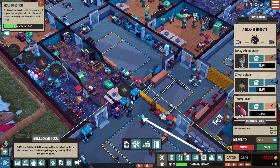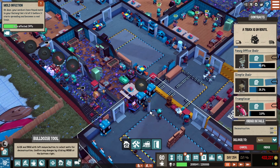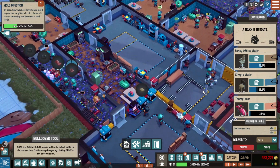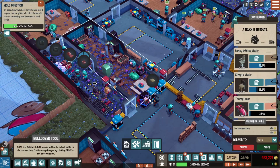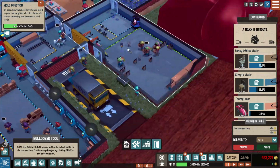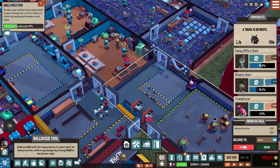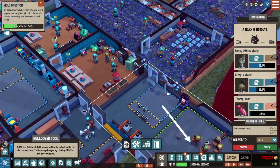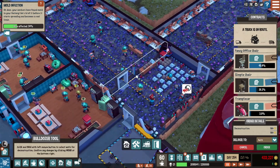I kind of have a bit of an idea, right? It's a very annoying one, and I can't even seem to be able to order it like this, because this room is... You know, the thing is, I cannot tear down this wall because this is a break room. I can probably tear down every other wall in our way. Just have this be one big room, the thing turns back on, all the mold is gone, and I'm happy